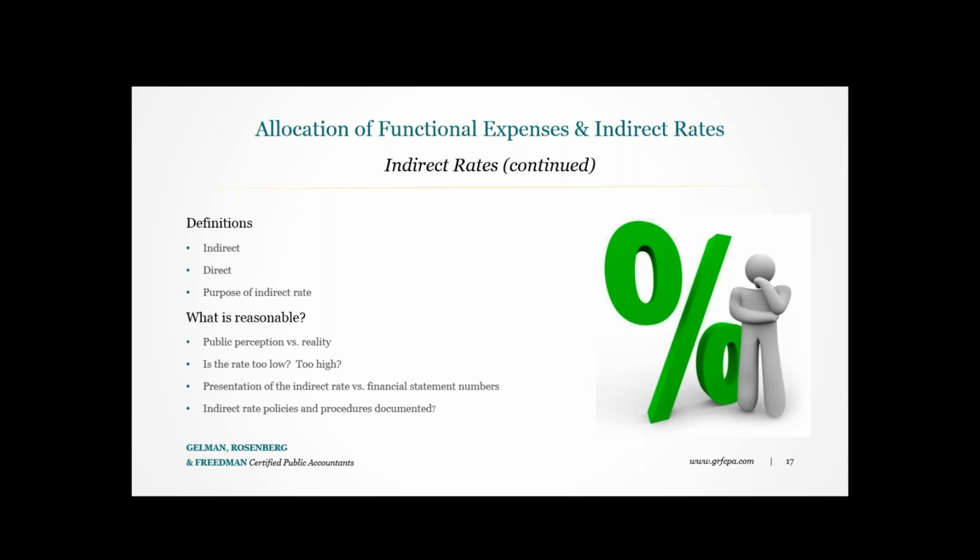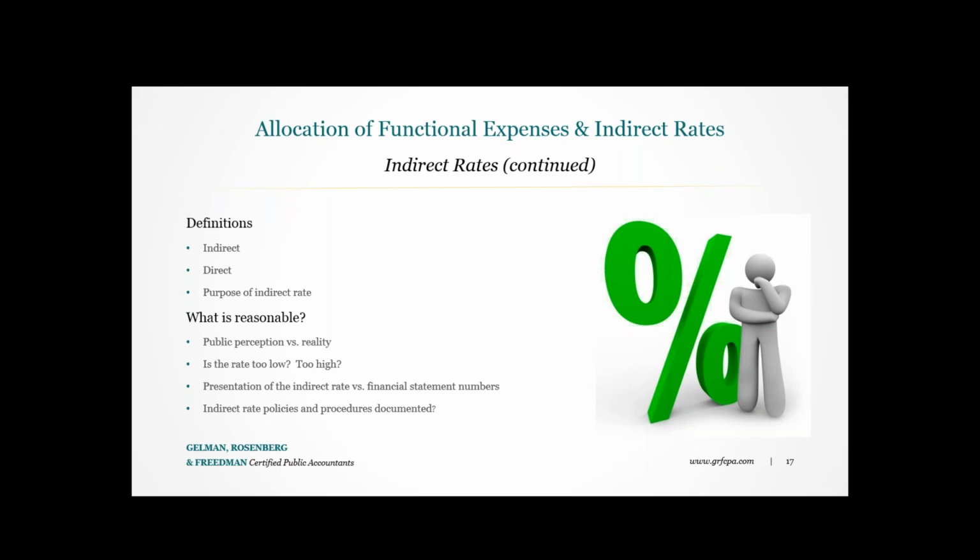The indirect rate allows the organization to allocate costs across programs using assumptions consistently applied from one period or year to the next, and the assumptions are clear and properly documented. Donors are certainly very interested in understanding the total cost of the organization, not just the direct cost to run their specific program or project. It's important for organizations to communicate to donors that they are responsible for paying a fair share of indirect costs to run that program. And if that fair share reimbursement of such costs is not provided, then the costs ultimately have to be funded by the entity itself as a loss, as a subsidy.